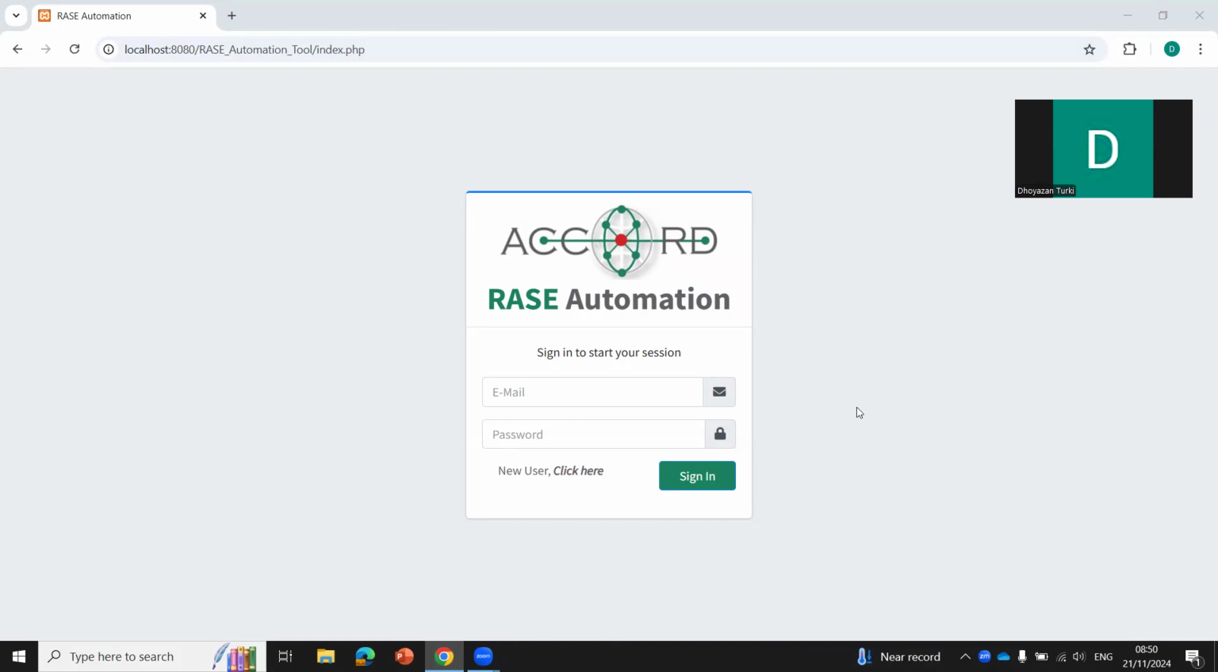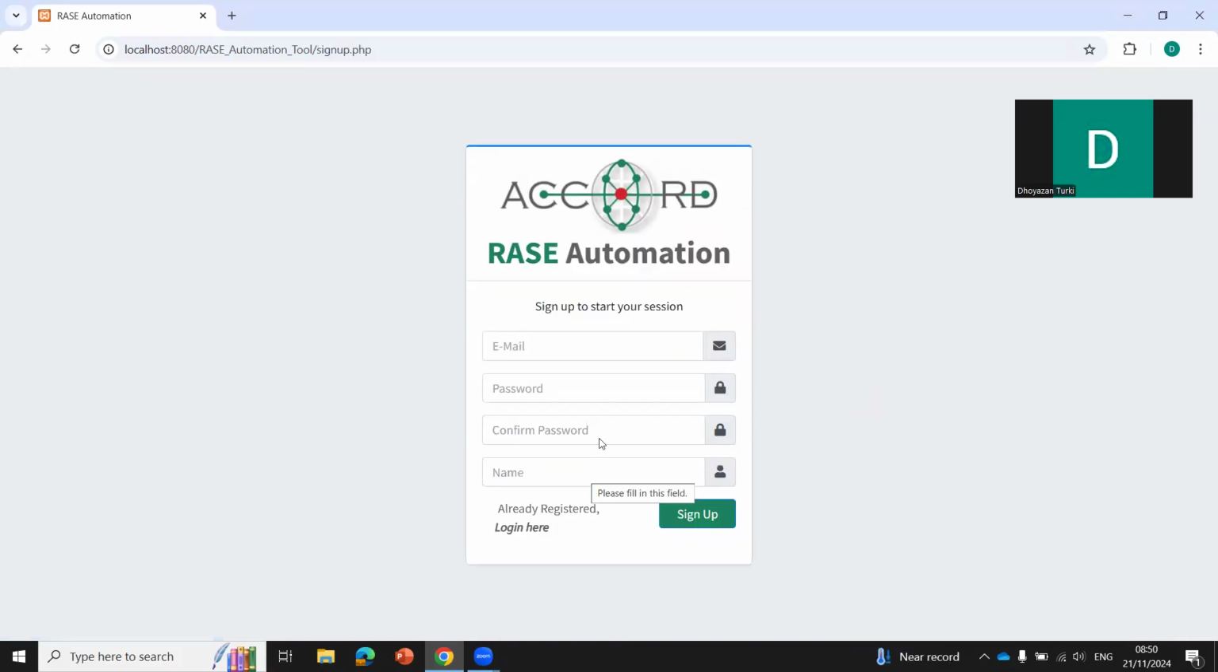In this video, we will explain one of our tools, which is called Accord RASE Automation. Honestly, this tool is used to convert the regulation text into a specific format, which is YAML, using a large language model. So to use this tool, at first, you need to create a user, and it's a simple, straightforward way,